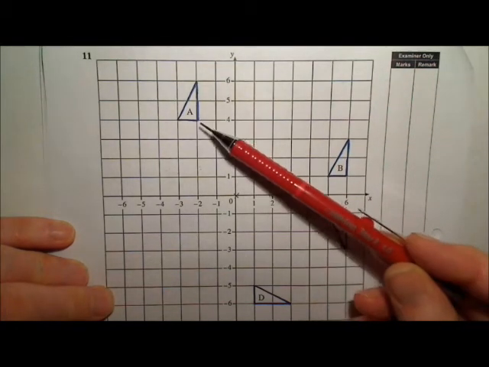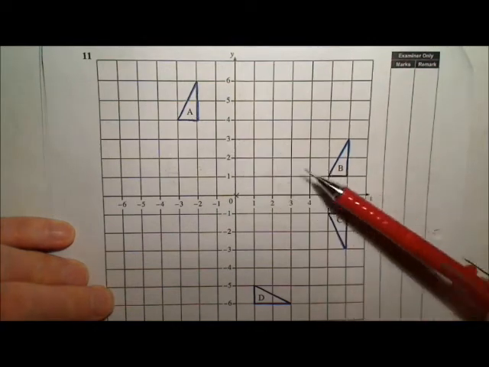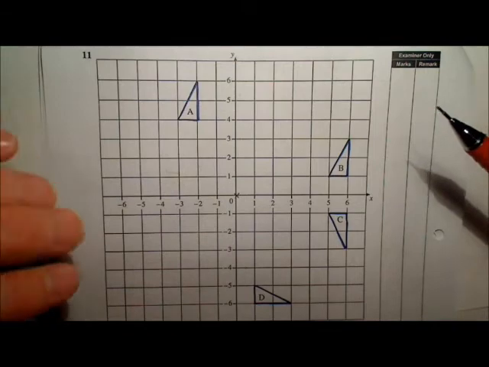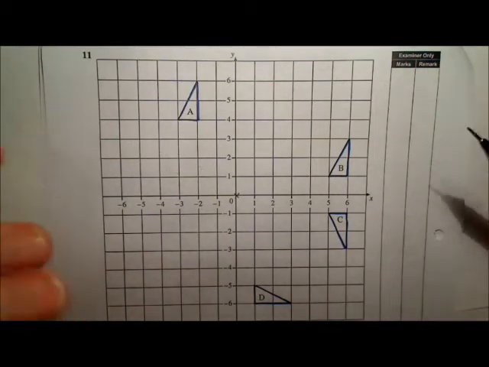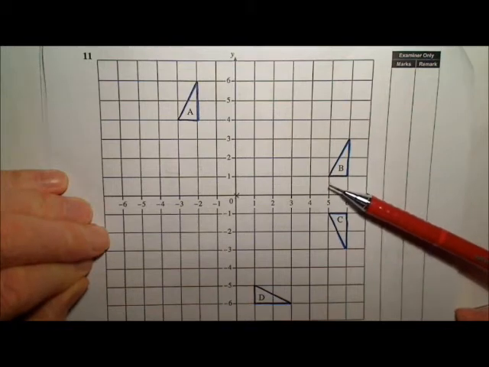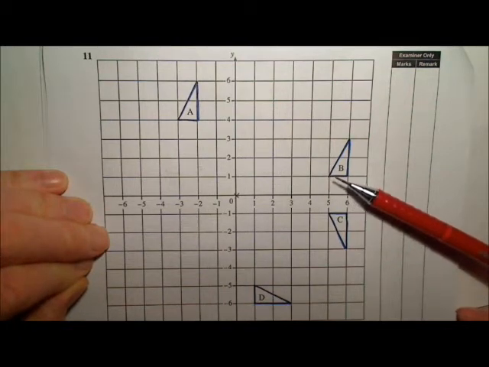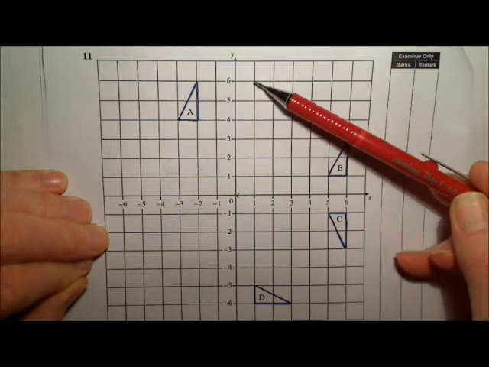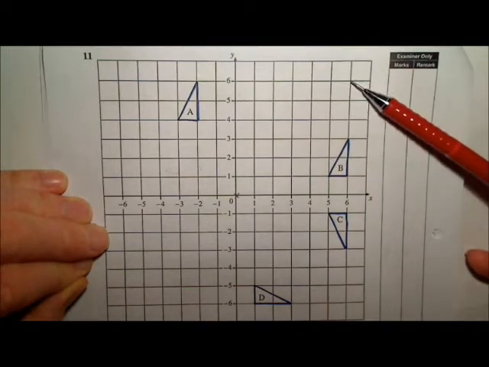So hopefully you can see that the two triangles still look the same. They're in the same shape. They haven't rotated. They haven't flipped over. So that's an indication that it's a translation. And the translation in this case is 8 squares over, 1, 2, 3, 4, 5, 6, 7, 8, and 3